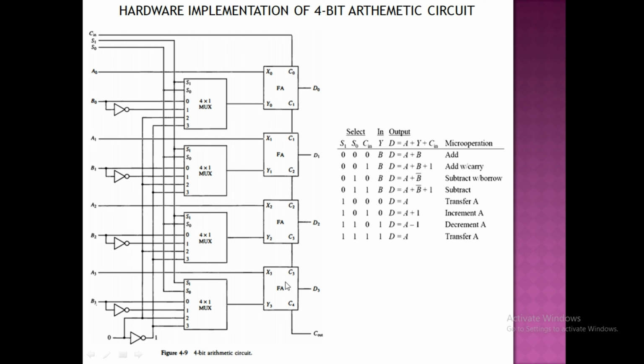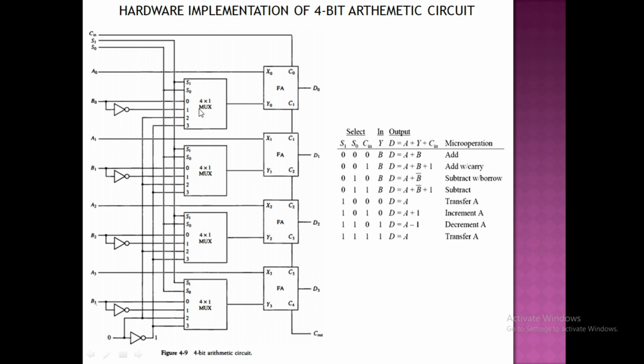Here we consider a full adder, which consists of 3 input lines and 2 output lines. Here the first input line x0 is connected to A values and the second input line is connected to the output of 4 multiplexers, and the third input, which is the carry input, is taken as Cin. Of the two outputs, one shows the output value and the other is connected as an input to the carry input of the next full adder, and finally we will get a final carry output.